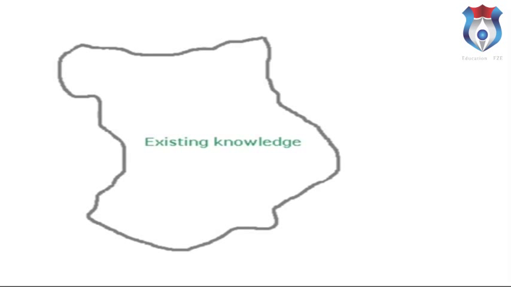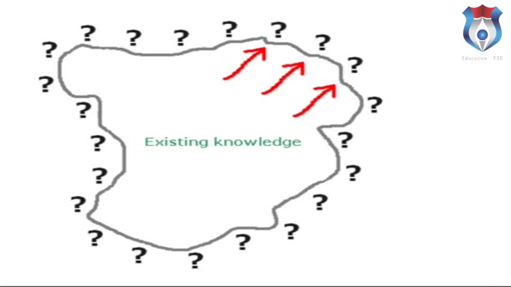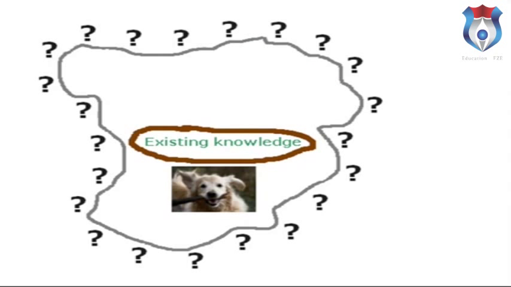Research is like that. The goal of research is to take the existing knowledge on a subject and expand it by adding new knowledge. To do that, researchers must work at the frontier of knowledge, trying to answer the questions that confront us at the frontier. What does this have to do with you? When you choose a research paper topic, you can't focus on existing knowledge. You have to choose a question at the frontier of knowledge.